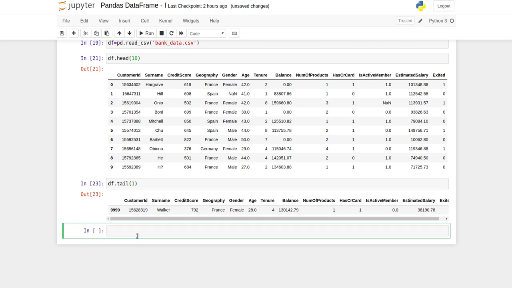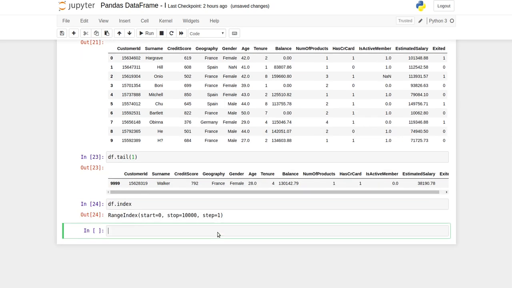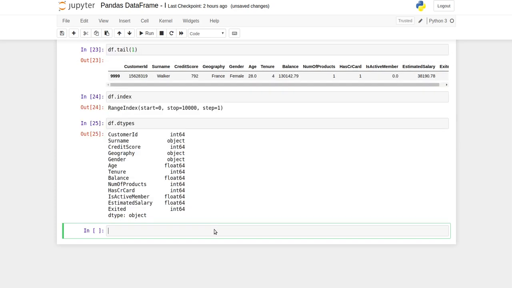Next, let's first of all cover the common attributes and methods which are present in series and also in data frame. So we have learned index. Let me show you. So the index attribute is also here. Similarly, we have dtype also.